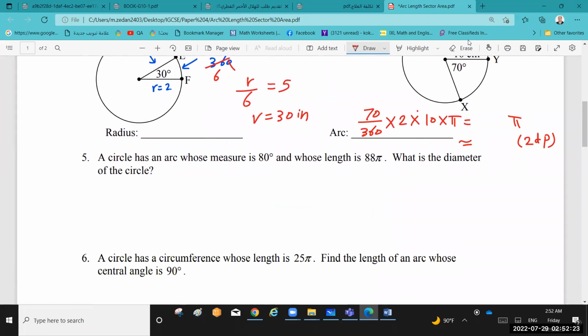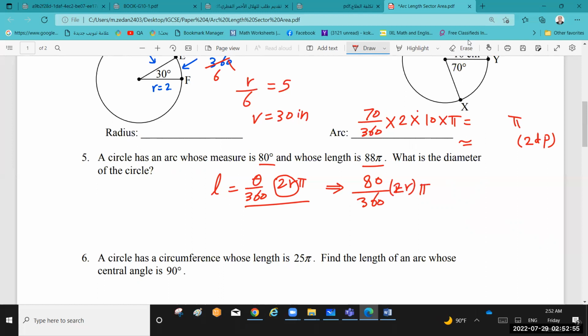Question number 5. A circle has an arc whose measure is 80 and whose length is 88 pi. You just write the formula L equals theta over 360 times 2 r pi and substitute in this one. What is the diameter? Start with the diameter is 2r. I want to find the 2r. So the angle is 80. You just start with 80 over 360 times 2 r pi, 2r, I need this part to be calculated,